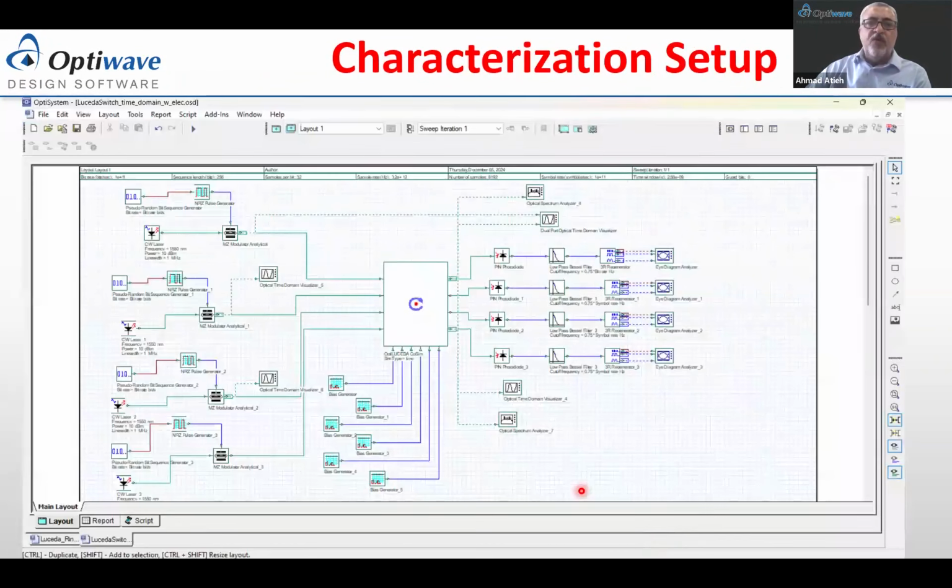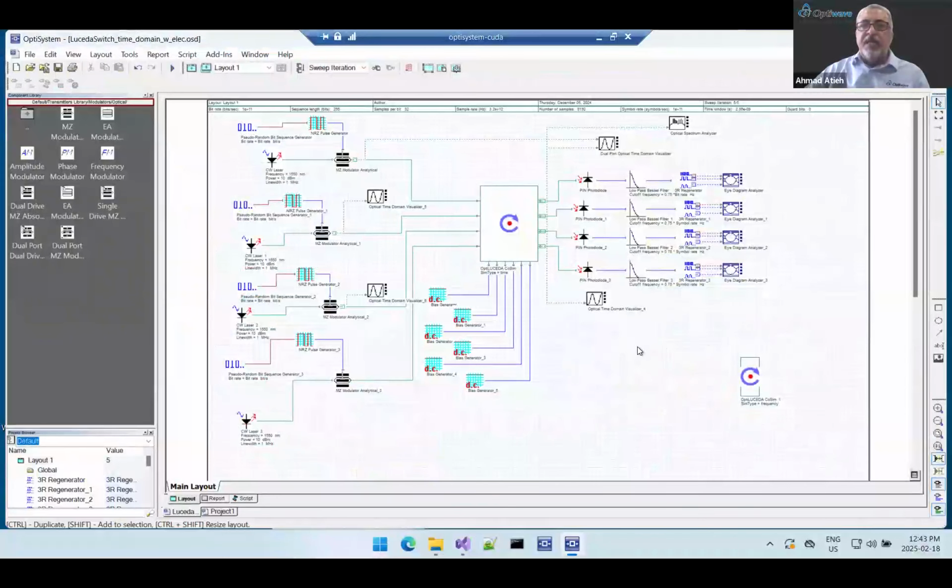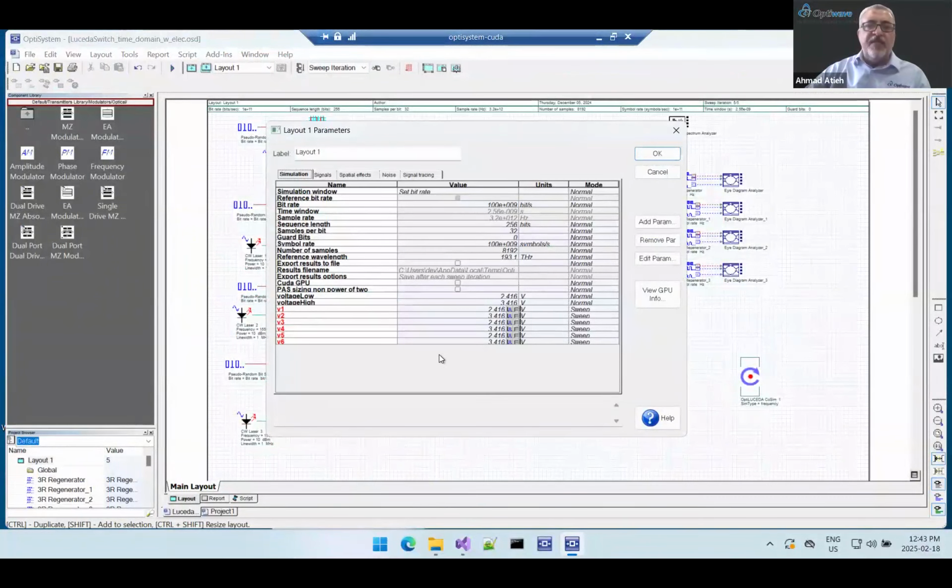So if you go now into OptiSystem, what we do in OptiSystem is a feature which is called, let me go to the layout here again. If you double click anywhere on the canvas here, you can add parameters. You can automate your setup here and do some kind of quick analysis for the switch. So for example, what we did here, we defined low voltage, which is 2.416, a high voltage of 3.416, and then applied voltages here, V1 to V6, which are the 6 voltages on each